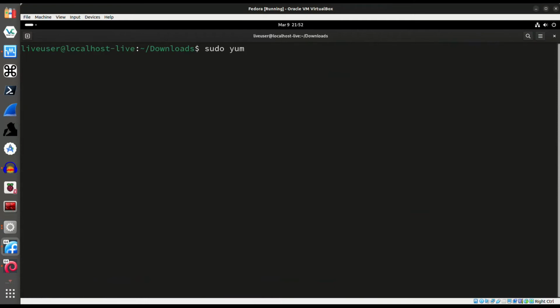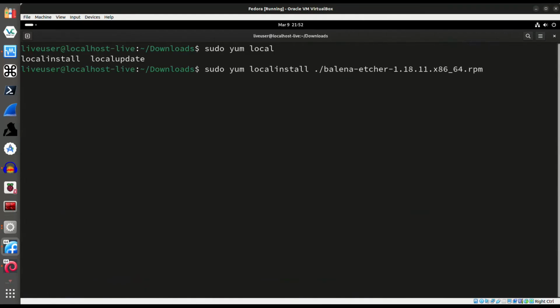yum local install. I can actually just type local and hit tab twice, and it will bring up two different options here with local in it, and we're looking for local install. So I'll just tab complete that, and then we give it the name dot / followed by the name of the RPM package, and that's it. Hit enter,